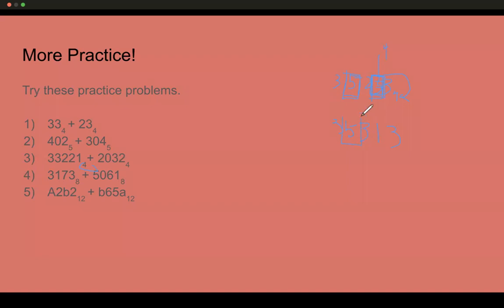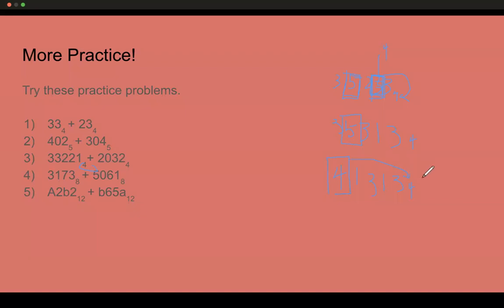But there's still another 5 right here. And it's in base 4. So it becomes 4, 1, 3, 1, 3 by using the same operations as before. But this one is a little bit tricky. 4 right here